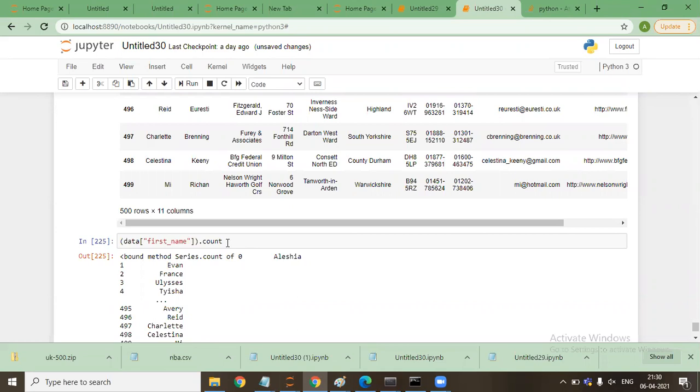After providing the unique command, we can provide len. I'll say data first name dot unique, let me try it. Like this one? Yeah. Okay.